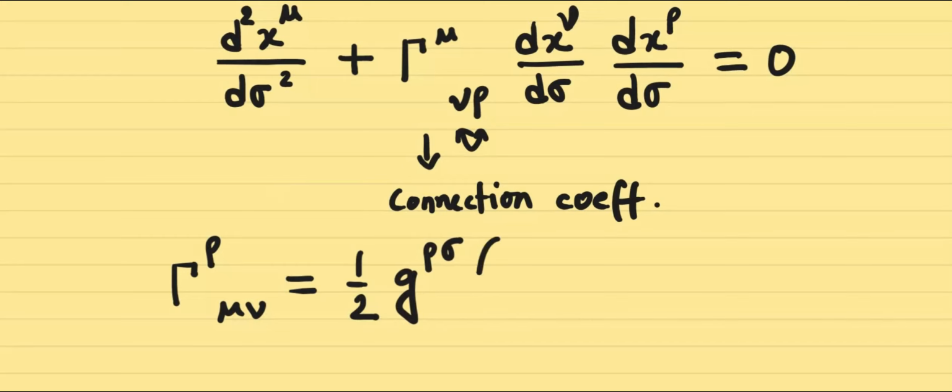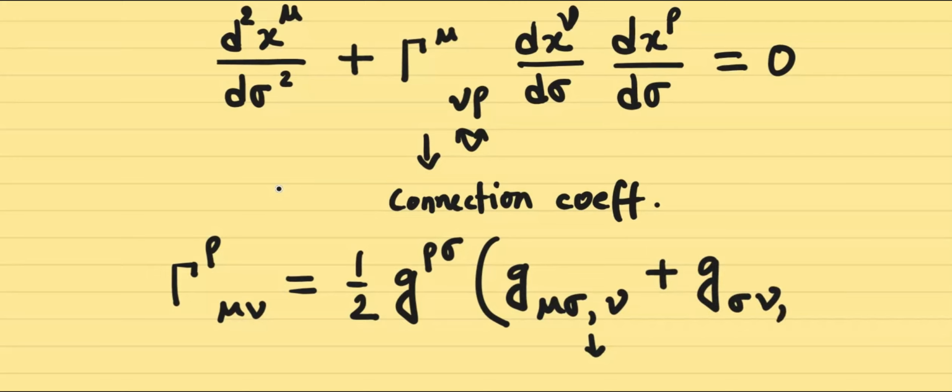And then we have the derivatives of the metric itself. So we have g mu sigma comma rho, where this comma indicates partial derivative, and then we have g